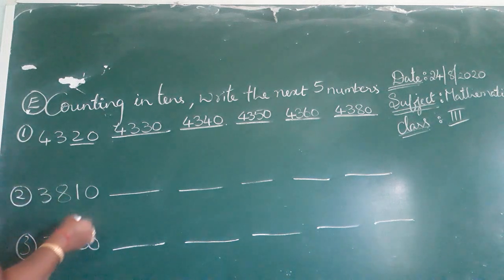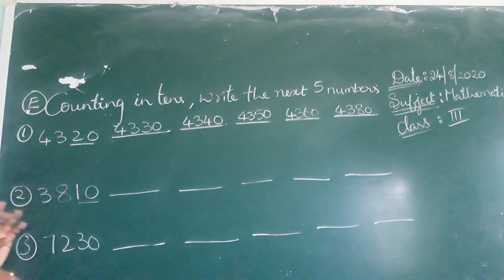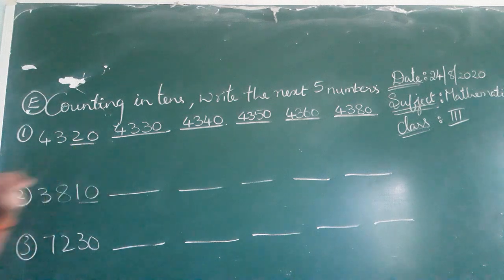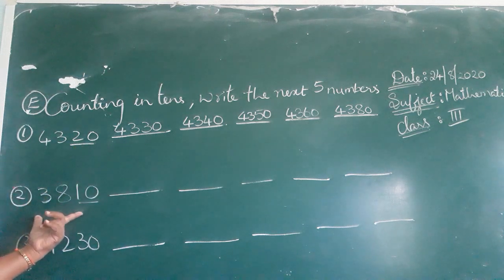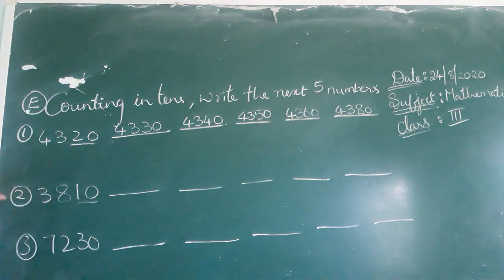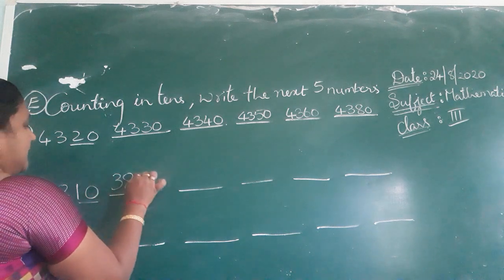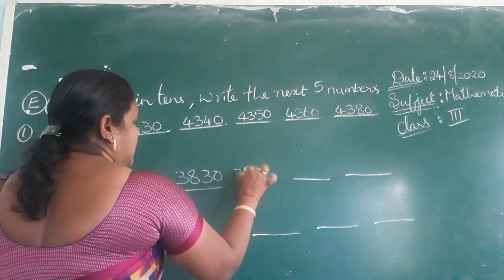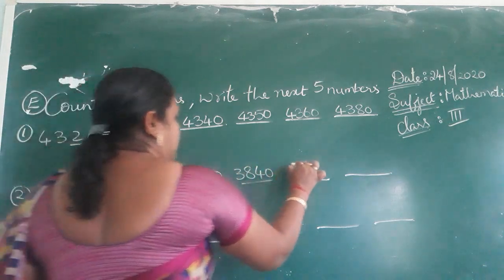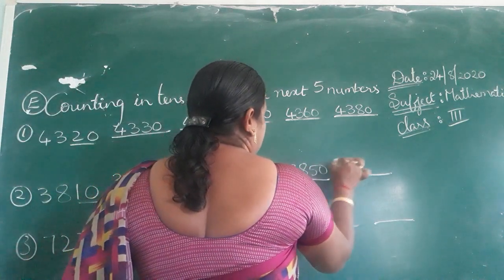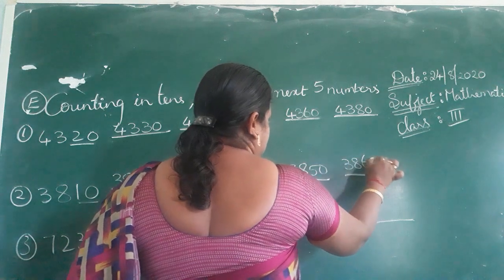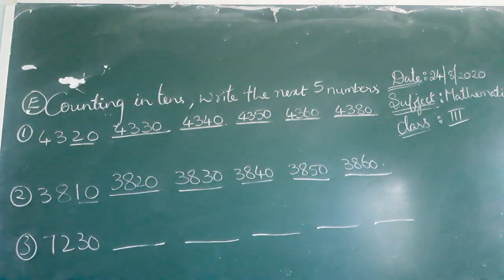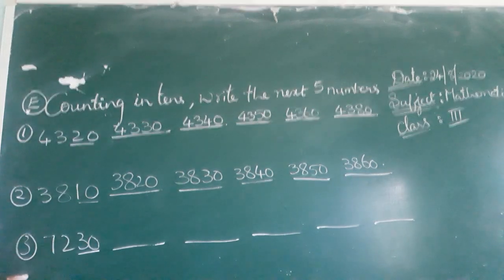Here now if you observe, 10, after 10 what will you get? 20. But here is a 4-digit number, 3810, 3820, 3830, 3840, 3850, 3860. Now see this number, 7230. So 30, after that what will you get? You will get 40. So write